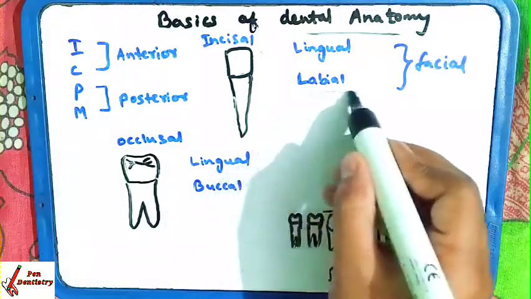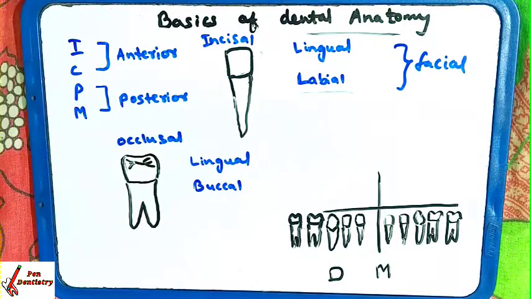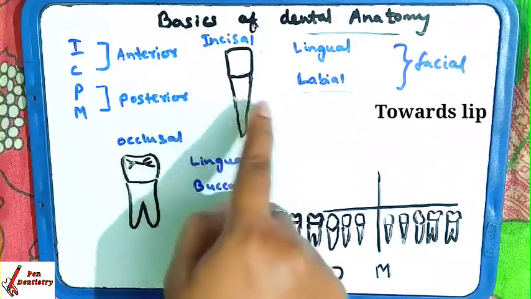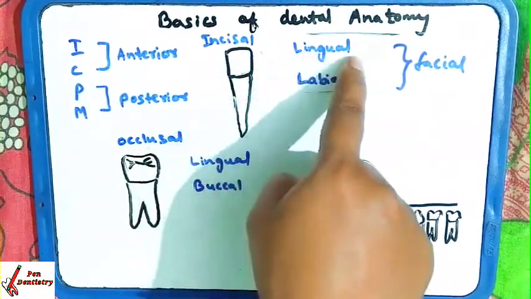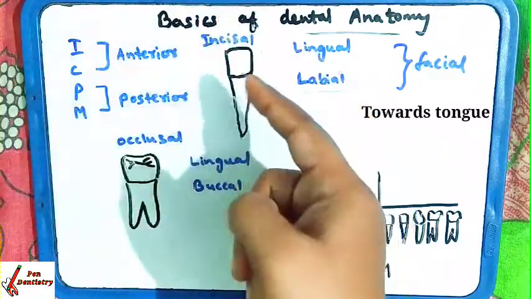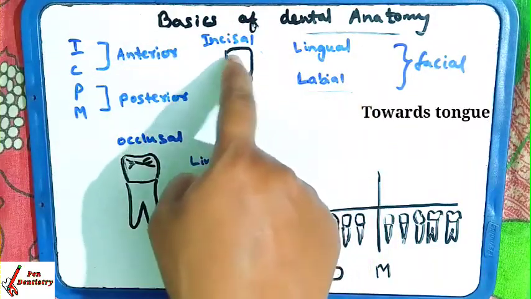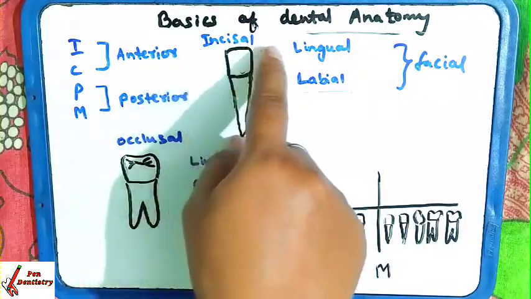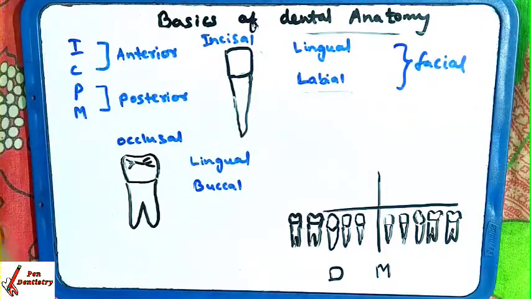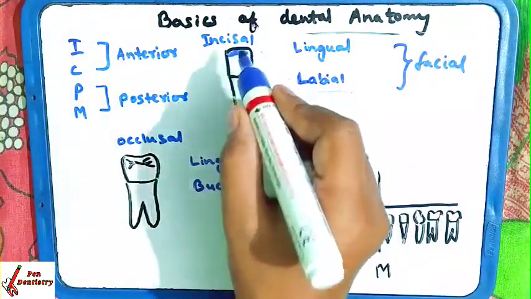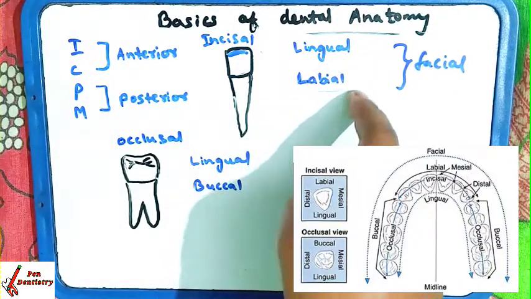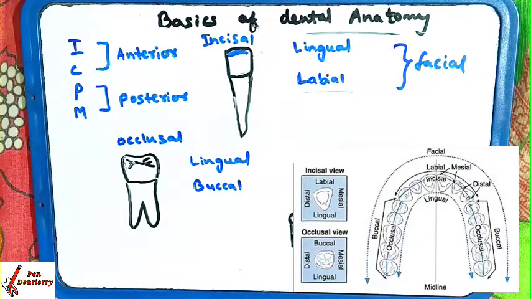The labial face is what you note when you look at your mouth from the front view. This face is the labial. The face just opposite, inside the mouth, is known as the lingual face. The upper face, the cutting face, is known as the incisal face. The labial and the lingual together are known as the facial surfaces in the anterior teeth.